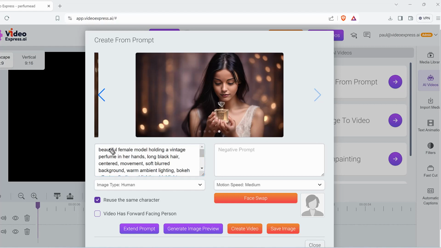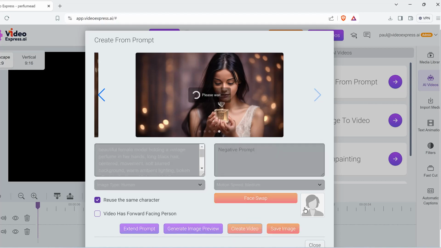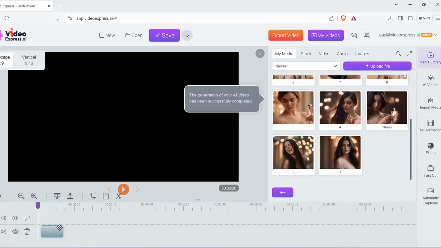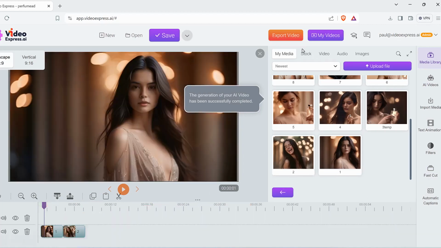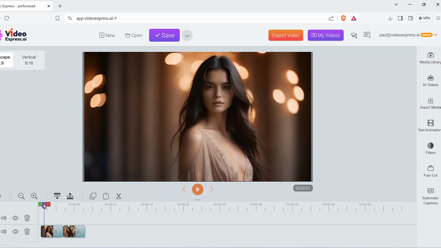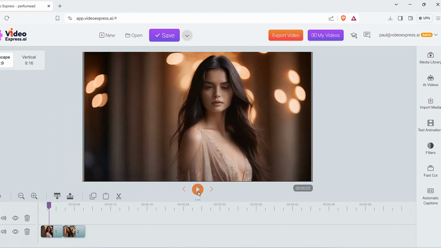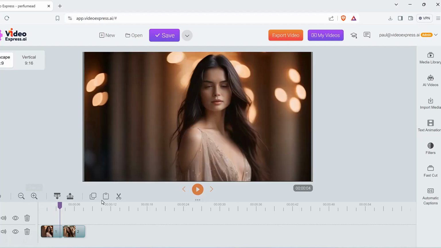And then once I do that, all I have to do is basically click on create video for each one of these sequences. So I'll just create video. I click on that. And then once this is done, I'll show you how this looks. There we go. Our clips are ready. So you can just drag and drop these into the timeline like so. And then you can even play it like what I'm showing you right now. So you can just preview these things like so, and then you can see that right here. Beautiful, right? So you can preview the different elements of the videos that you've done and then add them in,